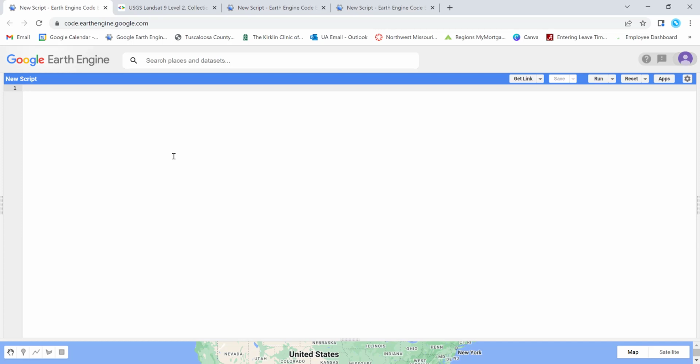Okay, so the first thing is, let's just give a name to our script. I'll just call it random forest classification algorithm, or I would say supervised classification using Landsat 9. Okay, so we'll be using Landsat 9 data in this example,